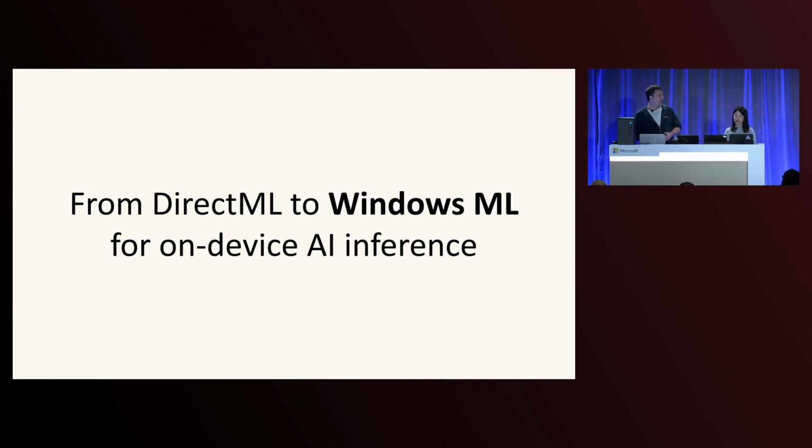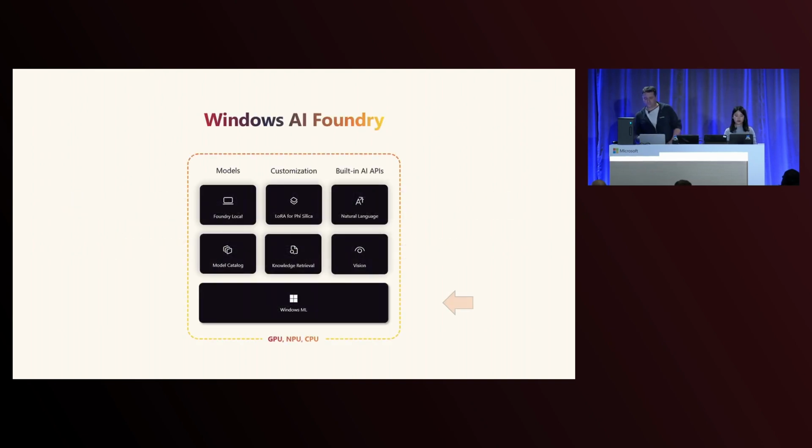And after a lot of contemplation around that feedback and that experience, we've designed a new Windows ML centered around those goals. This new Windows ML is going to serve as the AI nucleus of the Windows AI Foundry. If you didn't get a chance to catch the excellent talk from Tucker and Deanne earlier today, you should definitely go back and check that out. They talked all about the Windows AI Foundry. You can think of this as like an umbrella term and set of technologies to just help you do local on-device AI in your apps for Windows.